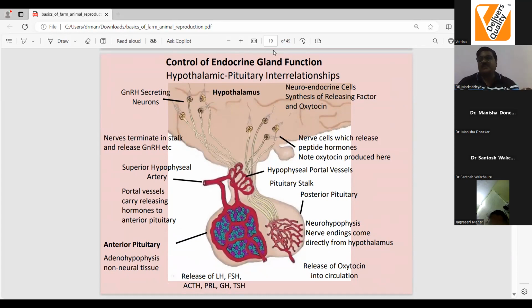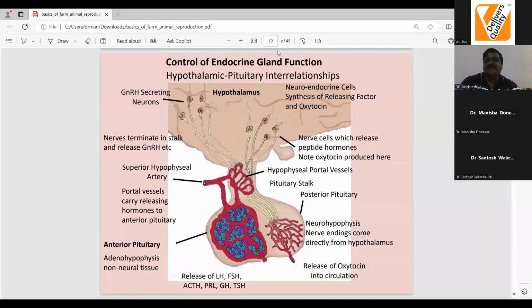These factors will come to the anterior pituitary. In turn, the anterior pituitary will release FSH. This is the first and foremost event. It is initiating from the hypothalamus, and therefore the hypothalamus must be sensitized with many factors: with health of the animal, with increasing body weight of the animal, with insulin like growth factors, with glucose level, with environment, with seasonal comfort, with managemental comfort, with nutritional comfort. And when those things synchronize, the hypothalamus has to release these type of factors.